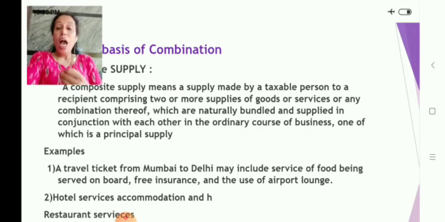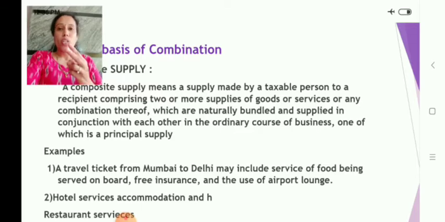TV set. Have you purchased installation alone? No. Installation you should have paid because of purchase of TV sets. It is attached to TV. Therefore, 500 rupees additional amount paid. So, it is the additional thing, and the principal main thing you have purchased here is the TV. So, TV is the main thing and installation you are paying is the additional thing.